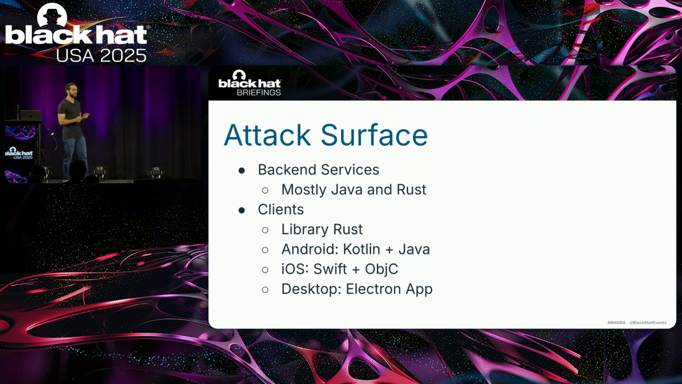The cross-platform client library is written in Rust, and I think Signal is one of the few applications where the library is written in Rust and not in other memory-unmanaged languages. And the applications are for Android, Kotlin and Java, iOS, Swift and Objective-C, and desktop is an Electron app. The only thing to highlight here is the library is in Rust, and that means the attack surface of memory corruption is usually minimal compared to a full C or C++